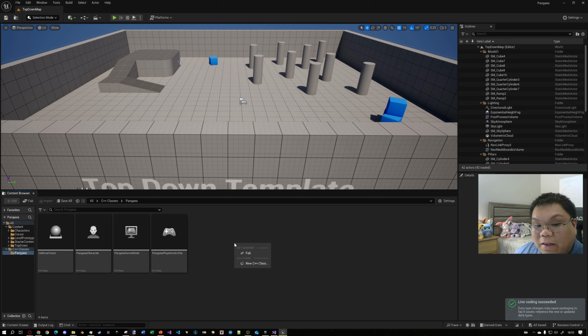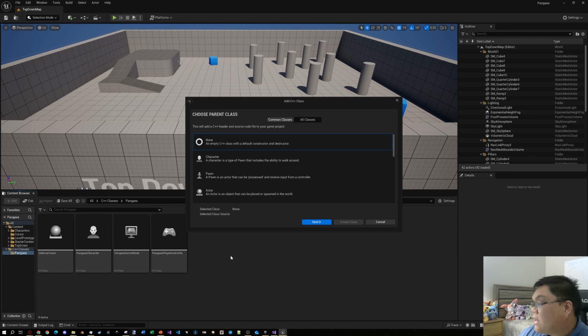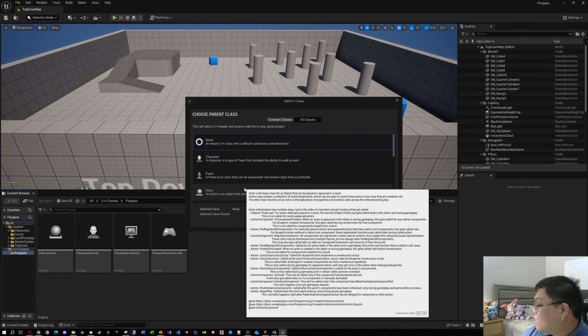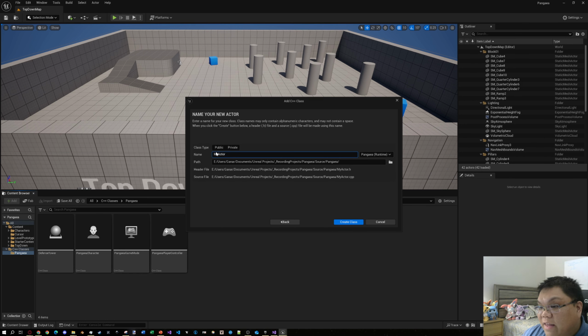So I'm gonna right click in this empty space again. New C++ class. So this is going to be for the projectile that's fired by the defense tower. These projectiles spawn at some location, travel at some speed and direction, and they either hit something or they'll travel for some amount of time and then disappear after that. So this class also inherits from the actor class. Let's click next, and we'll call this